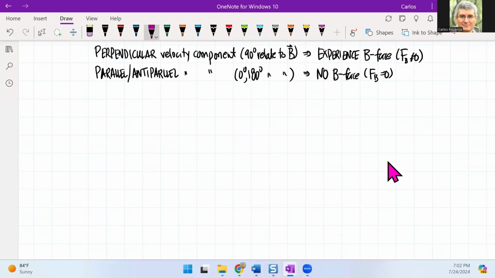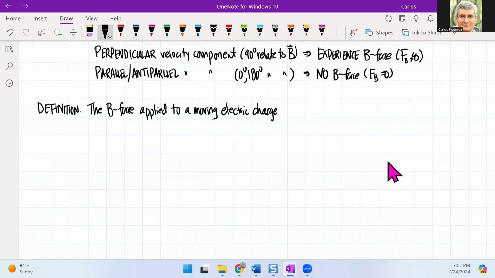Definition: the magnetic force applied to a moving electric charge in an external magnetic field is given by F_B vector, which is equal to q v cross B,